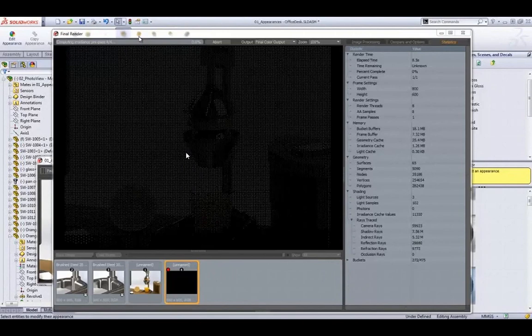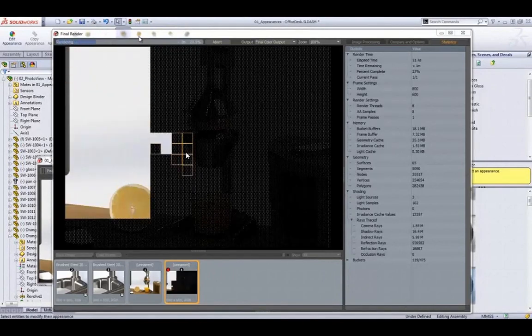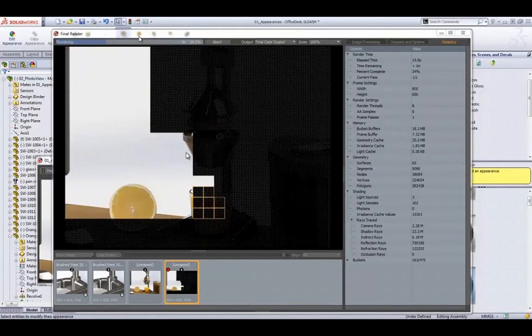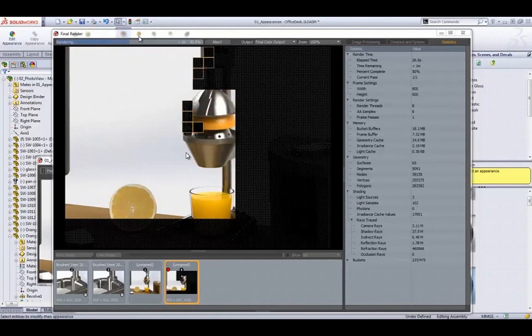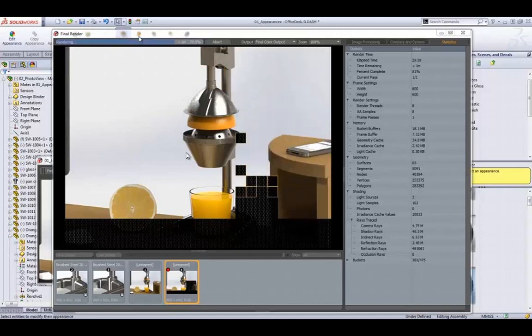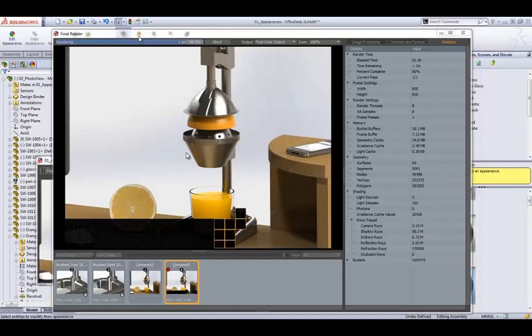And along the bottom you can also see preview pictures of our last few renderings. Also in SolidWorks 2013, you see the squares that are actually rendering the model. There are blue squares and orange squares. It's tough to see on the projector, or excuse me, it's tough to see on the video, but the blue squares are actually network rendered. So you can actually assign different computers for